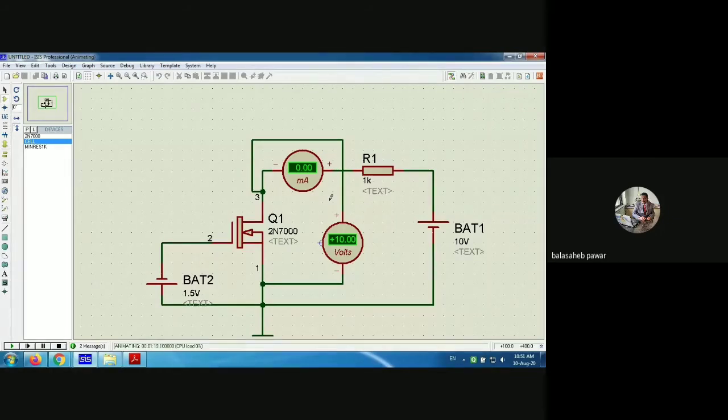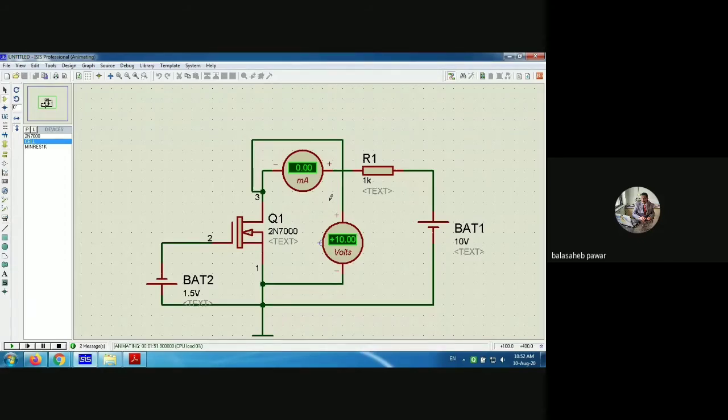At VGS equals VT, the conduction of the device takes place, but a very small amount of current flows through the device, as the induced channel, enhanced channel between drain to source is very, very thin, and practically we observe it to be 0.05 milliampere only. Then, by increasing VGS with a constant step size, the increase in output current is not constant or linear. It is non-linear, exponential. And that's why this device is known as a non-linear device, same as a diode. This is the second conclusion.